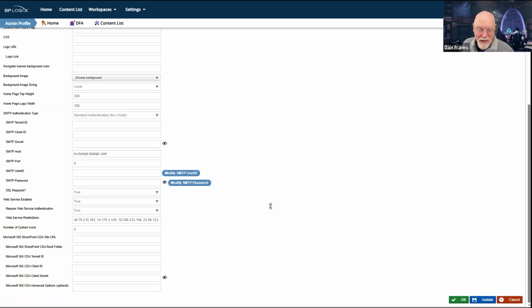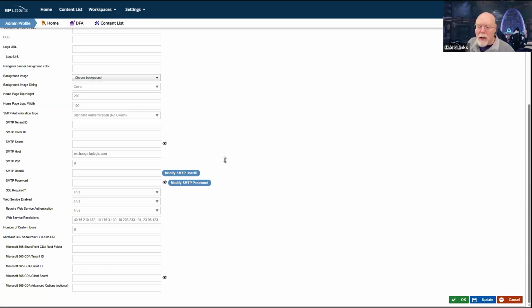We have documentation, as I just showed you. We're going to try to walk you through how to create that and what settings you need to set. But I suspect if you aren't familiar with your Azure installation, then it's going to be a little bit confusing to you. So this is probably one of those areas where if you're more focused on Process Director than general IT duties, you're probably going to have to bring in your IT staff to assist you with setting that up, should you want to use M365 CDA.